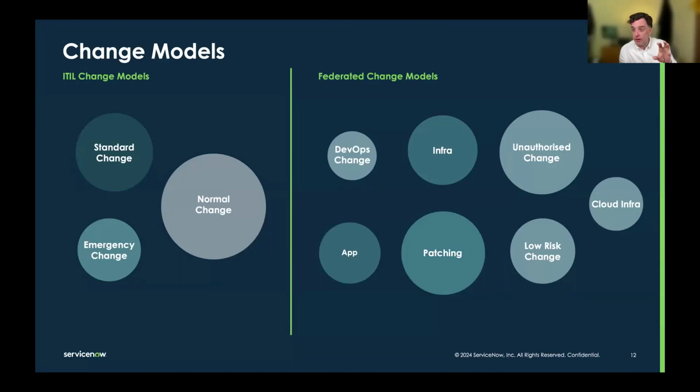So what that allows us to do is to take these things to the right of the line and speed them up, and also make normal change simpler, which means we can look to improve it, we can look to change it, and we can look to take more stuff out of it because we understand more and more about what the normal changes were. But we still have normal change, we still have emergency change, and we still have standard change. It's just, hopefully, we're using them a bit less.